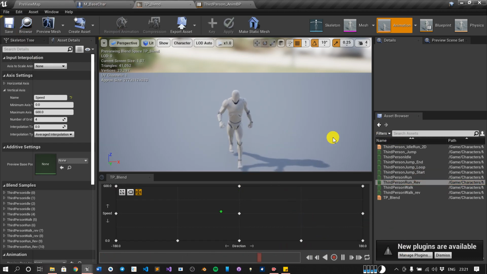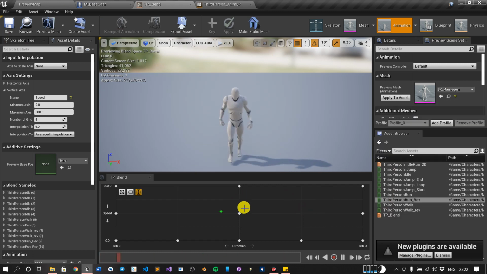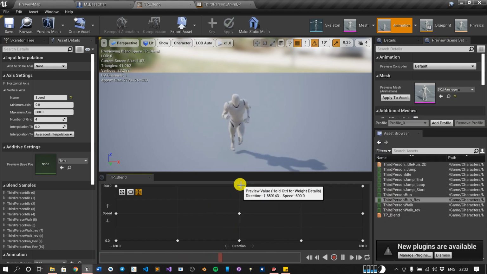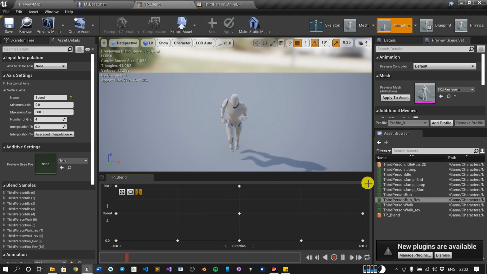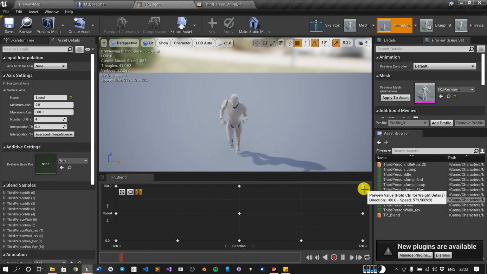To check whether it is working or not, just go to, wait. Yeah, so it is correct. Just check it out. Yes. Now if we move 180, okay, so here I should have reversed.